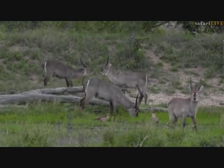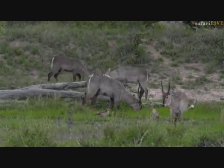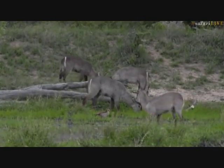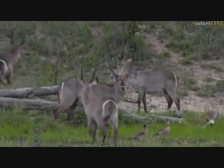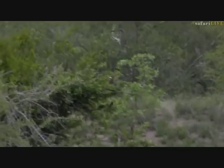They're still too young to be mating, both of those individuals, but at the end of the day it's good practice to be able to strengthen those necks and get the technique down pat for when they are going to have to fight and challenge for